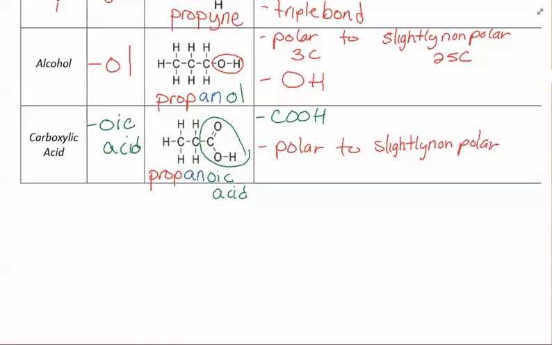So if you have like 5 carbons or 2 carbons, it's probably going to be polar. If you have a lot of carbons, if you have 30 carbons or even 20 carbons, it's going to be slightly nonpolar. So what makes these polar are actually the circled groups here. The oxygen is what makes it polar here, and when we talk about polarity, we're going to talk about why oxygen does that. It has to do with the electronegativity of oxygen. Oxygen is very electronegative. You can actually have nitrogen groups attached to these organic compounds as well, and it also would make it polar, but we aren't going to discuss those. In your body, though, you have a lot of functions that use nitrogen as well as